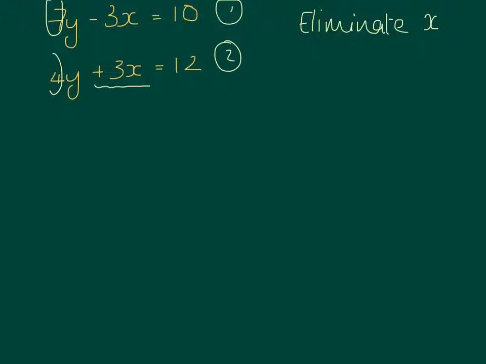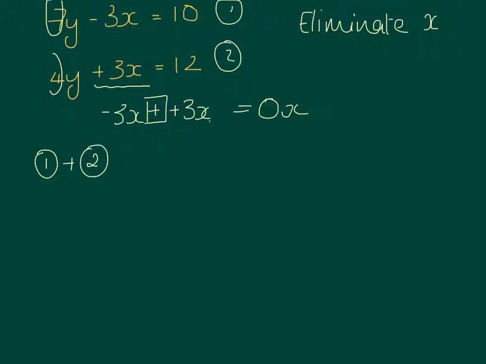And I think, well, okay, I want to get rid of the x's. And I've got a minus 3x and a plus 3x. What do I have to add or subtract to get no x's? I think if I've got minus 3x and I add 3x, I'm going to get 0. So minus 3 plus 3 is 0. So I think I need to add these two expressions together, which means I need to do the first equation,